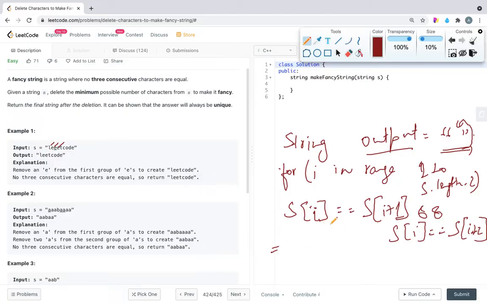But if this condition doesn't hold, then we will concatenate this input string character to the output string, and finally we will concatenate the last two characters and return the output string. So let's come to the coding part of this.